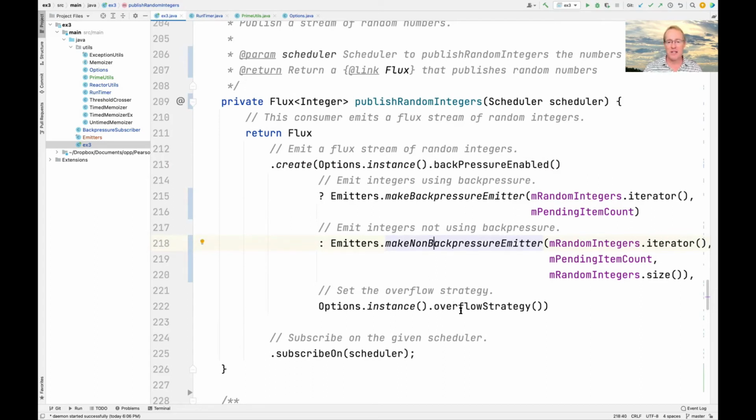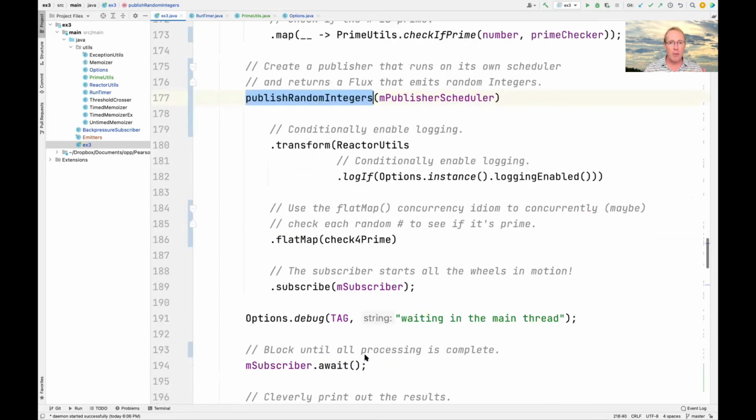We're also going to pass in the overflow strategy, which says what happens if the publisher goes too fast for the subscriber or subscribers. And we want this computation to run in a background thread, or in its own thread, so we give it the scheduler. So what that's doing is it's running the publisher in the publisher thread pool, but it's a thread pool the size of one. And so we're going to be generating all the random numbers in the background in that publisher thread. And we're either going to generate them in one big fell swoop if we're doing it without back pressure,